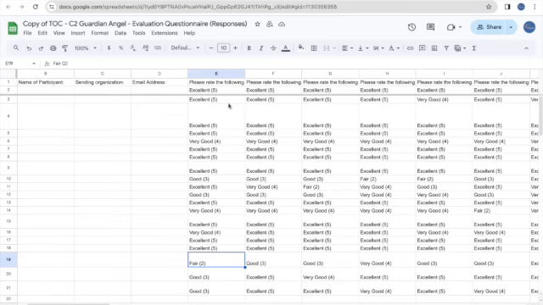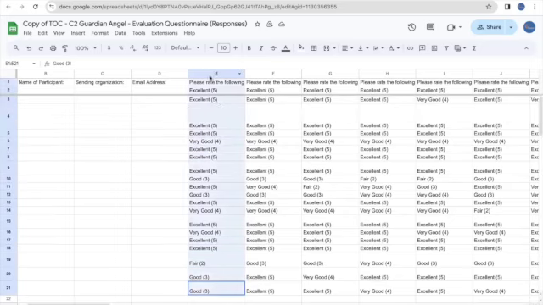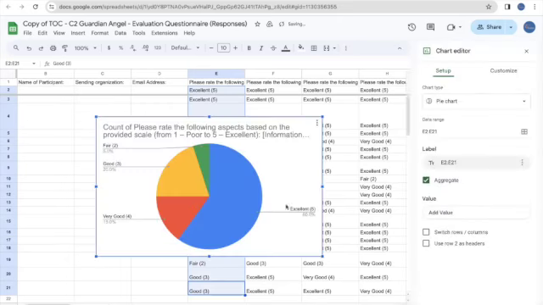here you can use the Excel sheet, for example, to make charts. For example, here I selected this row for this question, and then I will click here to insert a chart. So I will get a pie chart. If you are not a big fan of pie charts, you can choose whatever you want. So here,